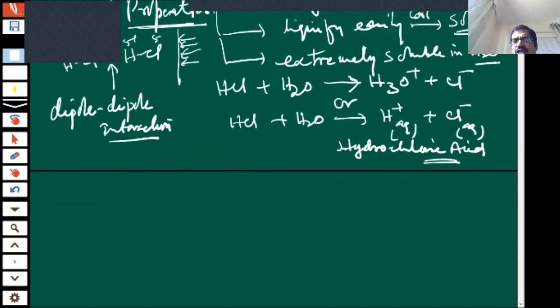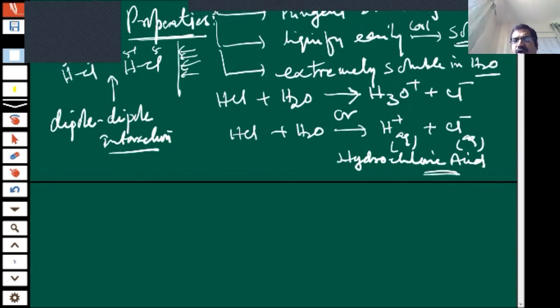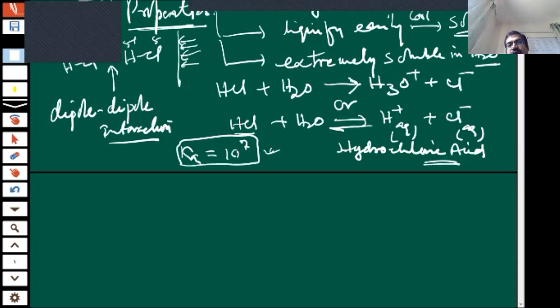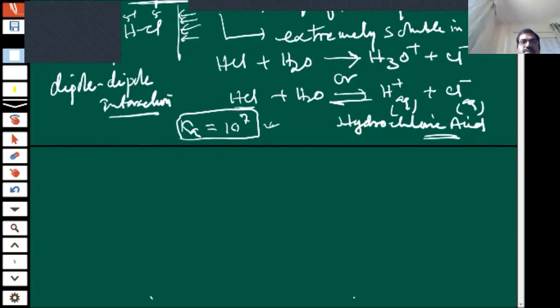So it is nearly an irreversible process. But if you compare with this one, it has reversible nature also. Do you know what the dissociation constant value is? It is up to 10 to the power 7. You can understand. So what is the value of these products? Very high, 10 to the power 7. Dissociation constant, so it's very high. Okay, children.